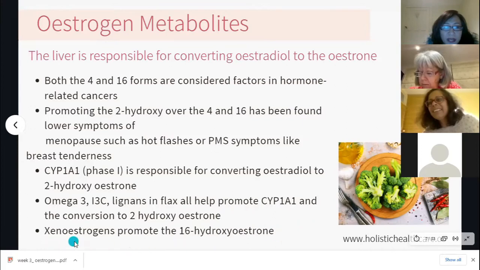Xenoestrogens are man-made chemical synthetic estrogens, and we find them in things like synthetic perfumes, in plastic, in scented candles. Anything that gives off a scent will have xenoestrogens. That includes your washing up powder, your laundry powder that smells great even after a month, because the phthalate, which is the synthetic fragrance that's used in these ingredients, will be loaded with xenoestrogen.